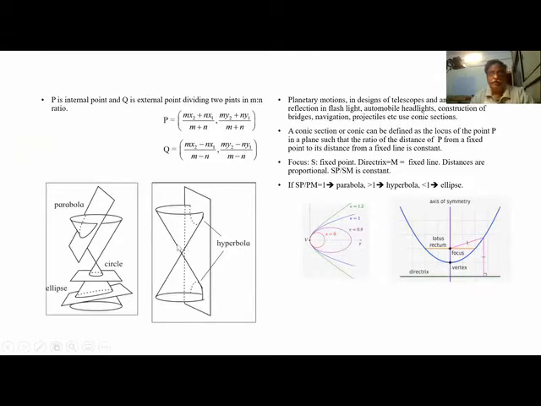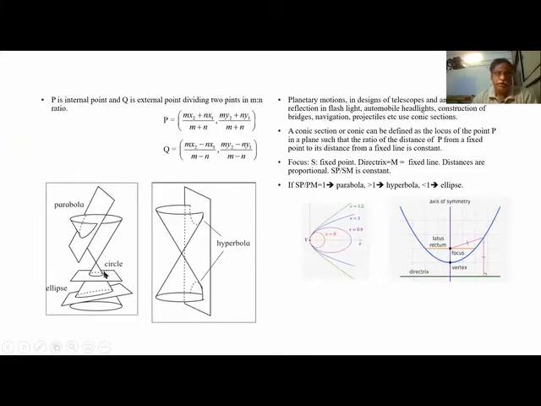See, if you take a double cone like this, one cone, it is a double cone. And if you cut it with a plane, with this axis, we get two curves like this. So this is a representation of a hyperbola. If you cut parallel to this plane, we will get a parabola. This is a parabolic shape.